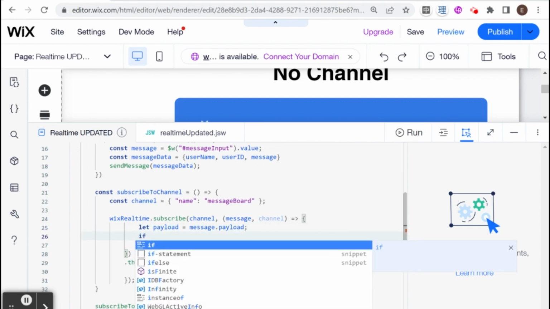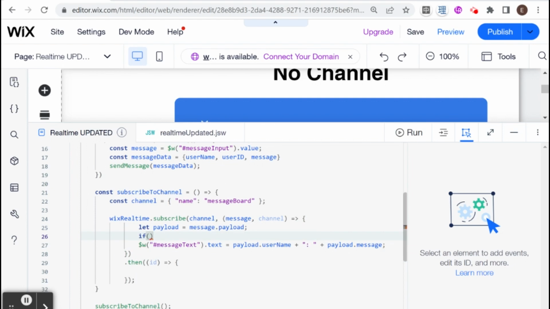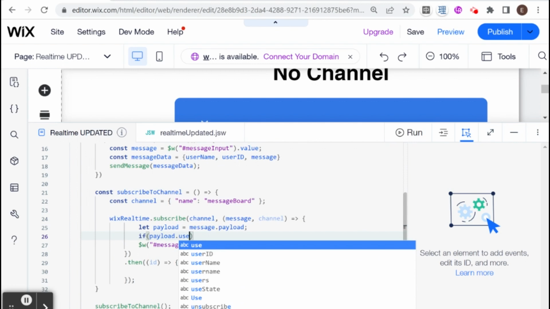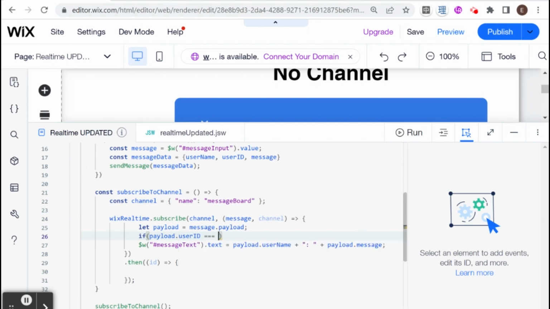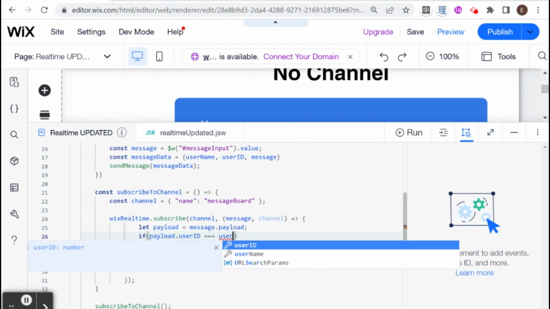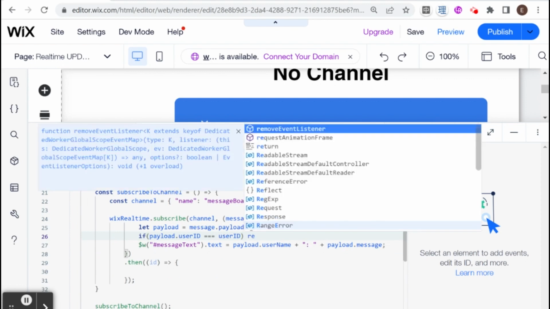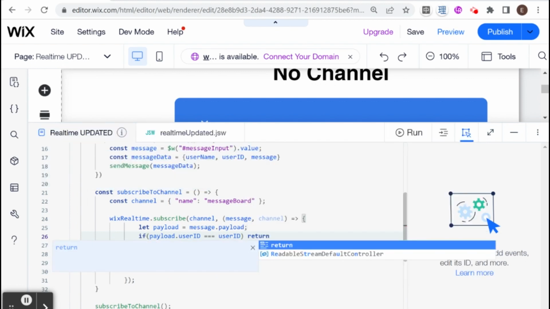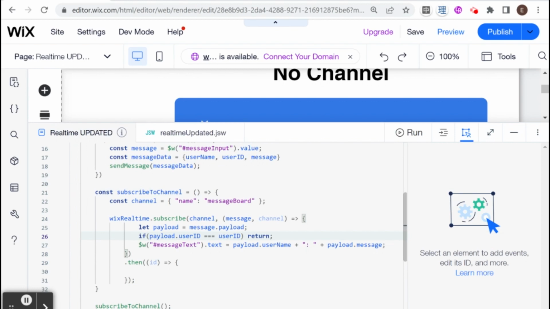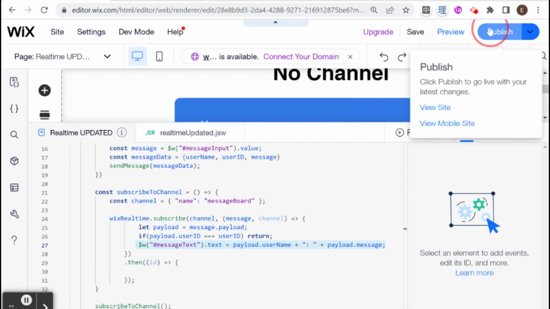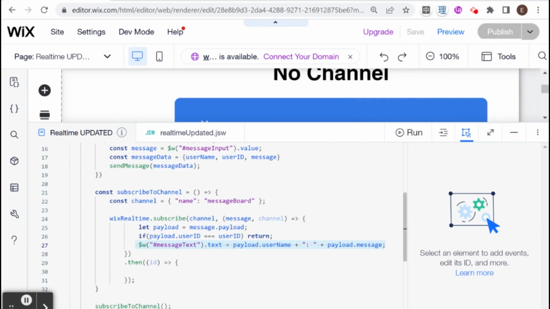And the way we can verify that is by adding an if statement here. And we'll say that if payload.userId is equal to userId, then let's return. Okay, so if I'm the person that sent this, don't continue on and execute this part of the function. Okay, so now I'm going to publish this, and we're going to head back over to our incognito windows to